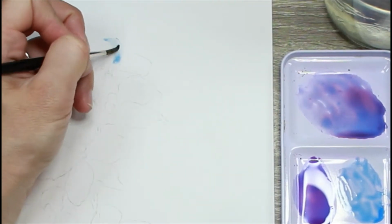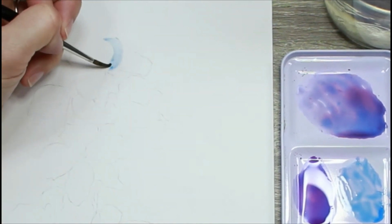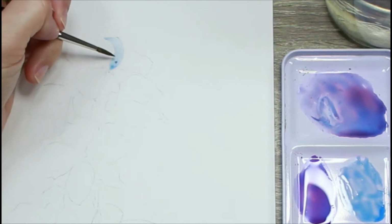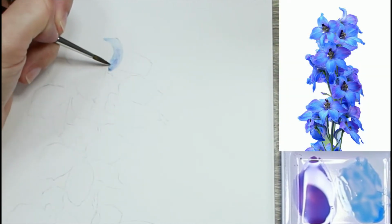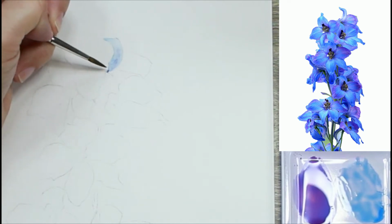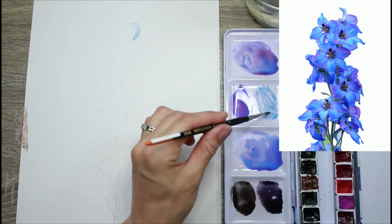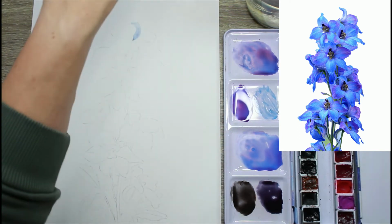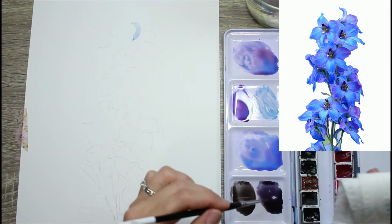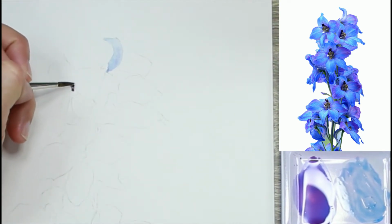of that cerulean blue and making sure that all of my paint is really milky and nice and wet, so sort of like a milky to watery consistency. And I'm using my number 2 brush right now, and I will use the number 2 brush for most of the project. I'm switching brushes as little as possible. I'm not really needing to use the hairdryer at all. I'm just using my new approach to save time and just feel really free and loose while I paint and just really enjoy the